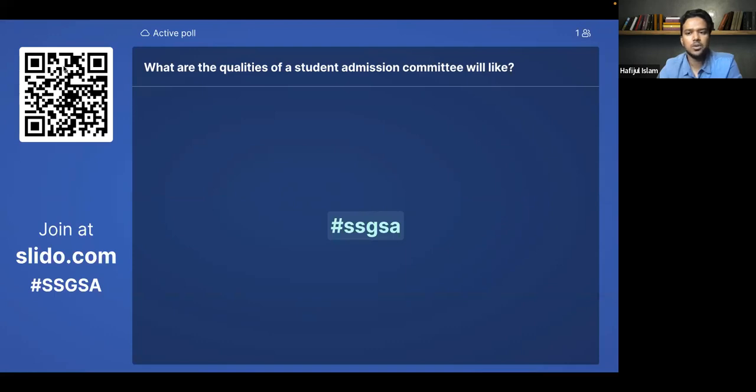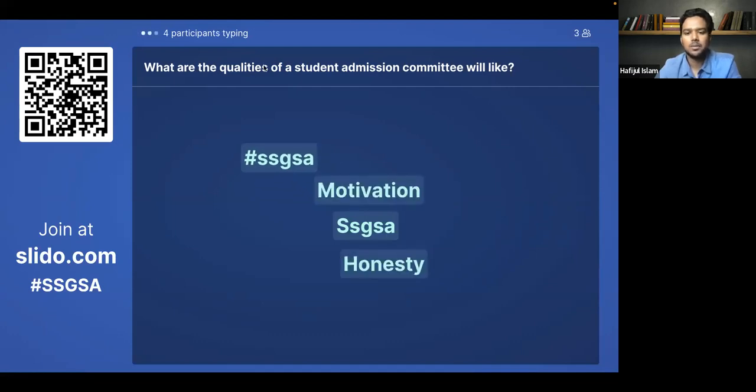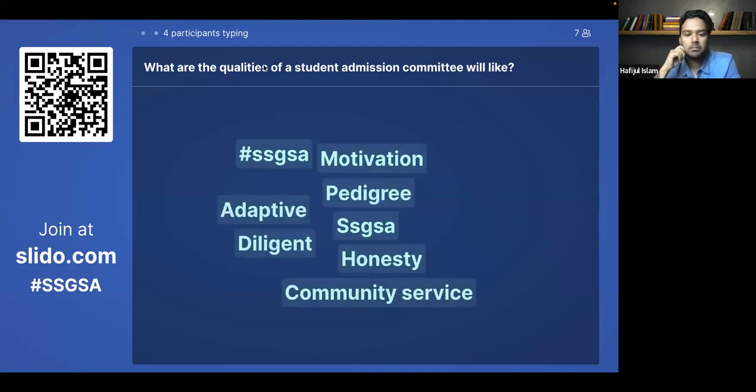If you scan the QR code, you just write what the qualities are. Just give 2 or 3 qualities, like bright student or motivation, something like that, not SSGSA there. SSGSA is the code. So you give some features of a student, the attributes or characteristics. Am I clear here? Yes, motivation, honesty, probably the grad admission committee,